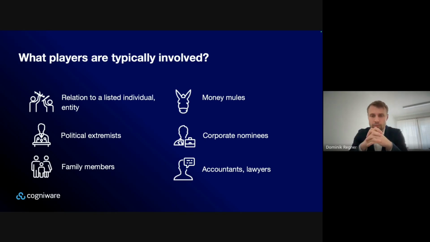And the next part is about the family members, and these are typical players. Wives or siblings of listed individuals are establishing companies, creating offshore entities, or investing in real estate as a way to move and store funds and hide the connection to the already listed individual.